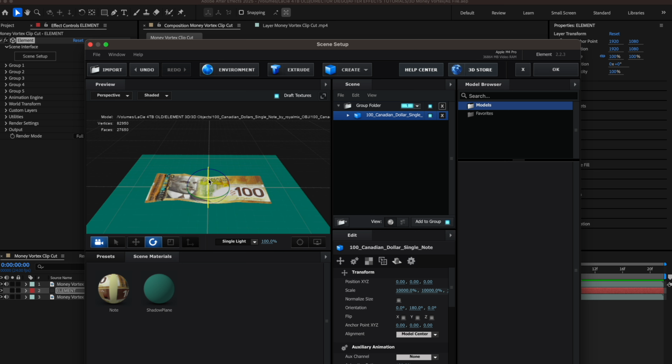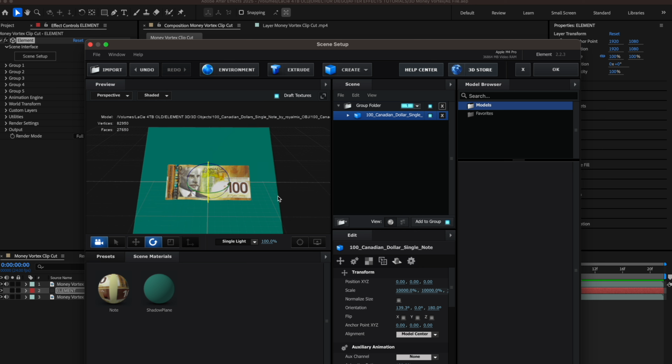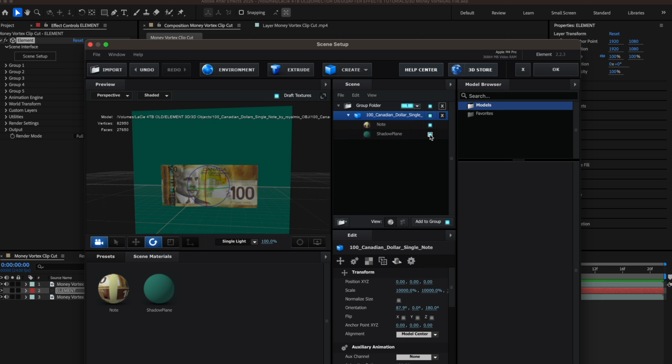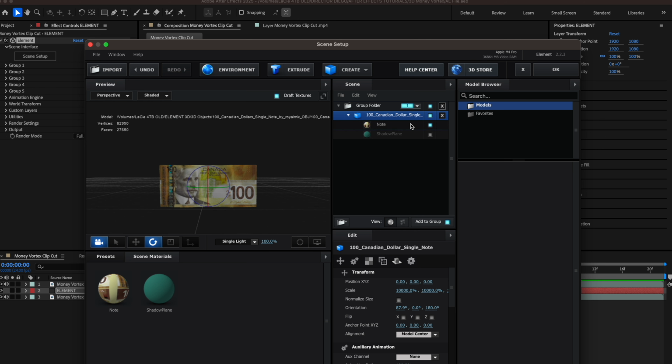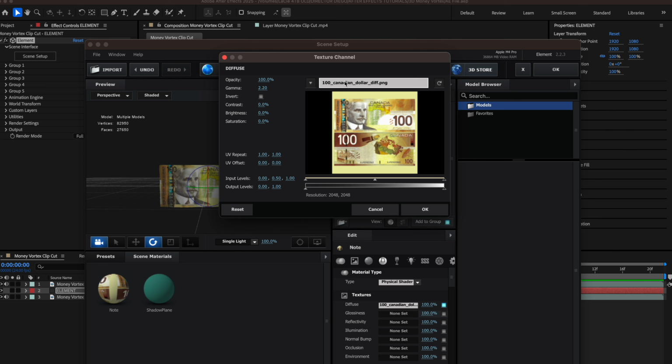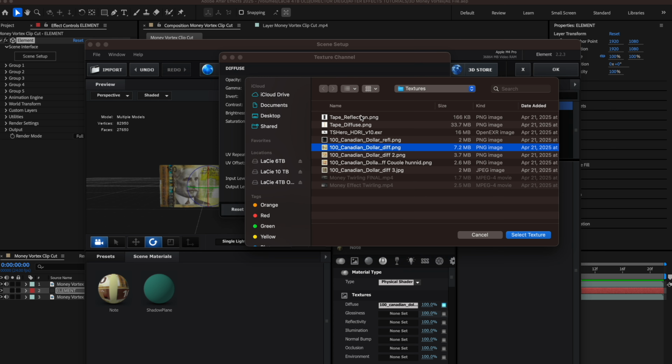We're going to click this little icon here and just rotate it so that it's completely straight. As you can see here, this is looking good. This little arrow here, I want to get rid of the plane here. Boom, that's sick. So now under note, I'm going to click at the bottom, click diffuse, click up here, and I